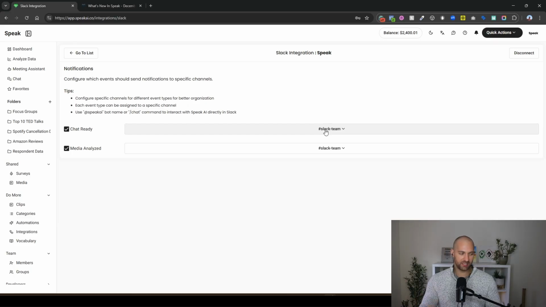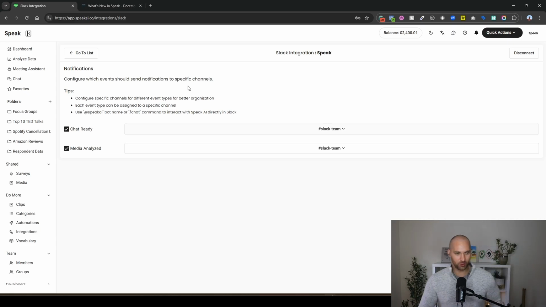Additionally, what's fantastic is if I do Speak AI bot or /chat, I can actually interact with Speak and I can query data. I can basically have a chat analysis across all my files to retrieve an answer or find something that I'm looking for. And so again, that's a function that you can do directly in Speak, but maybe you're in Slack or you're on the go and you want a quick little response from your files. You'll ask the question, it will query the data, it will provide the response back, and it will sift through all your media to make sure that you've got the right information isolated and then the answer that you're looking